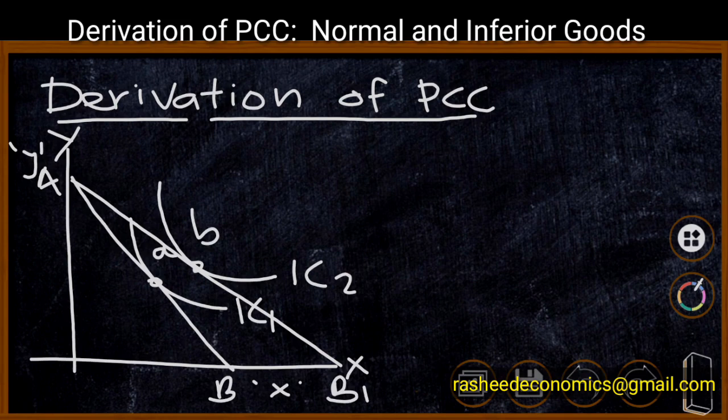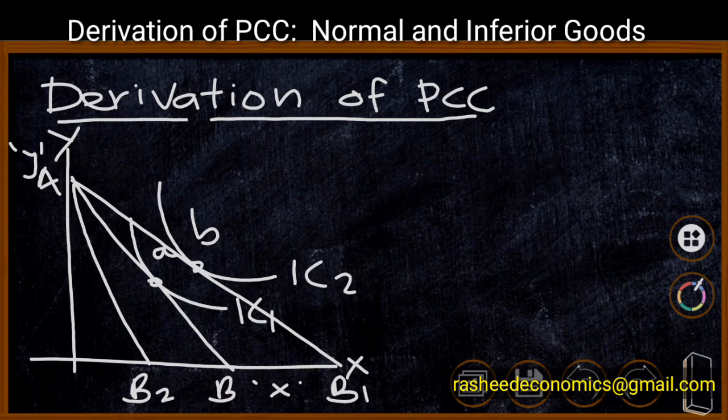Suppose the price of product X increases, then the consumer will be able to purchase a lesser quantity of X. In such a situation, there will be a new income price line. Here the quantity that can be purchased by the consumer in case of X decreases to OB2. Initially it was OB and now it is OB2, and the consumer cannot purchase at point A, and therefore he has to